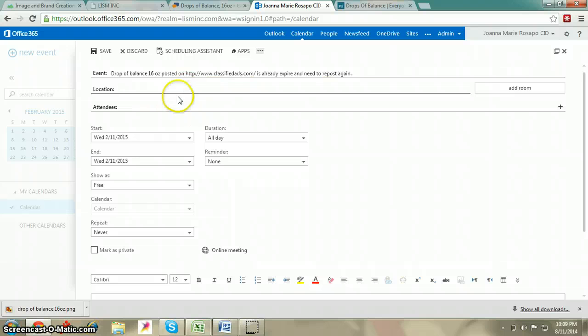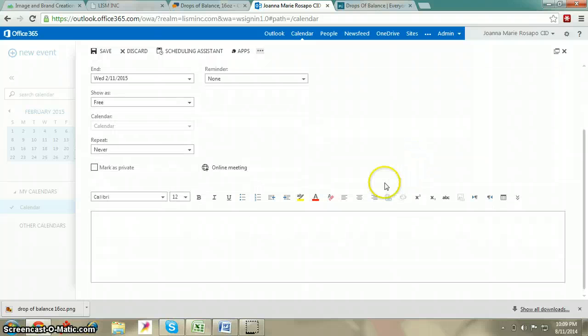So you can make a reminder for you to know if your post is still online or not. Just save it.